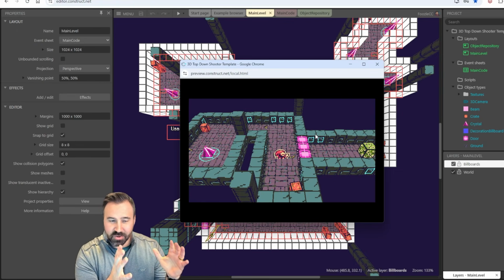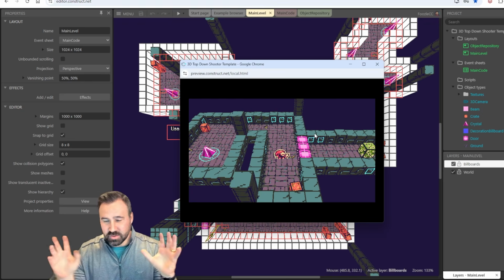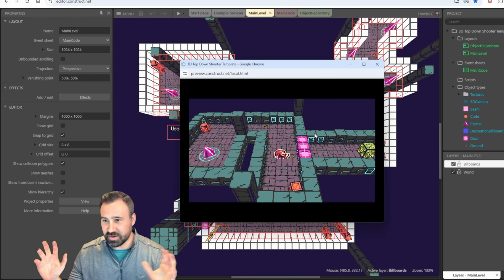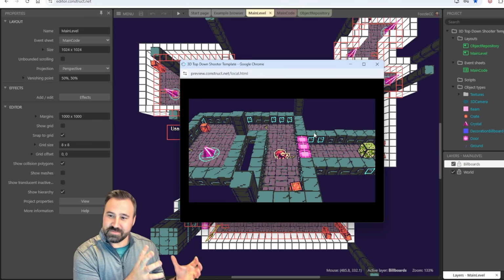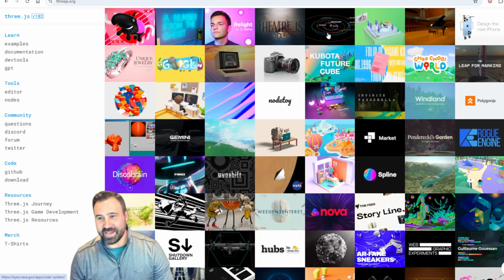But if you are like a lot of developers where you want to be able to do some things both in 2D and 3D, and you like this style of game engine, these are the 3 things that GDevelop is doing great that I wish Construct 3 would maybe consider to start to do. Okay, so number 1,